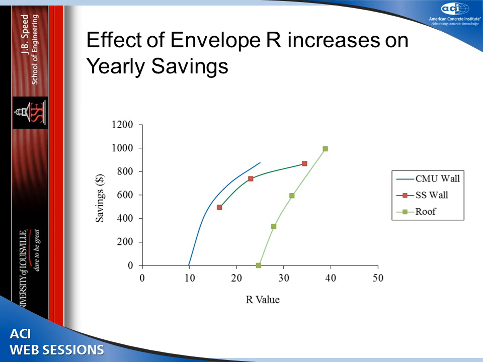You can see the roof always gives you a reasonable return, you go up, it goes up in a fairly uniform manner, but again, the return is not very high. And so after a certain point, you will always get energy savings putting more insulation in the building, but how much are you getting for the input in there? Maybe you want to look at something else.